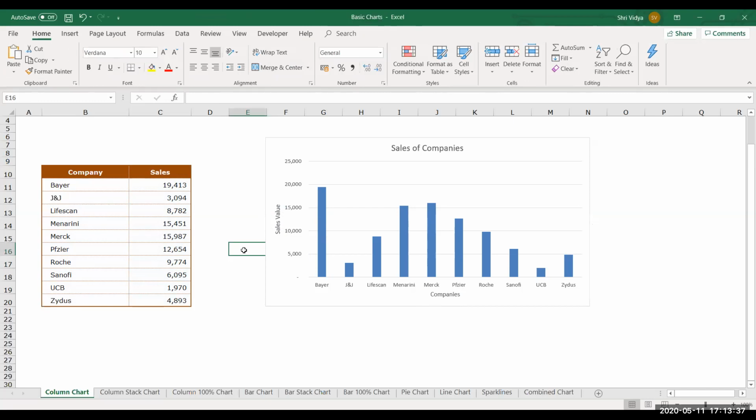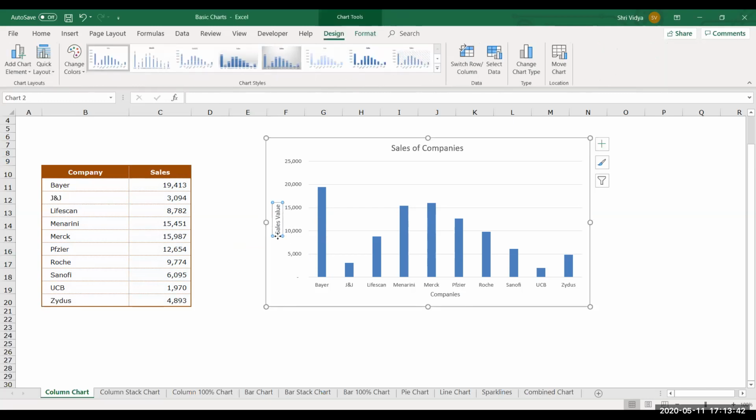So whatever title you provide, it will be just beside that axis, and you could also change its position. You can keep it like this, or wherever you want to position it, you could do that.